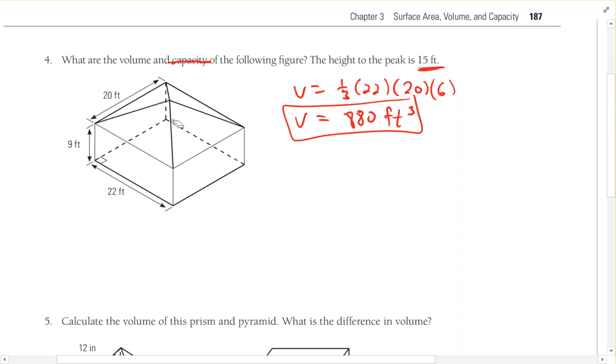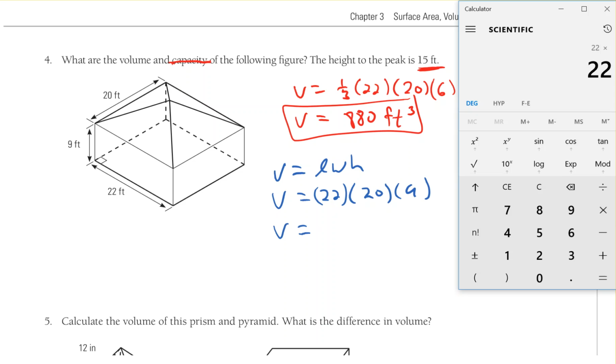Now it's pretty easy. We just got to figure out the volume of the rectangular prism on the bottom. So this part down here, everything below the peak there. We have all the dimensions for that, so we're good for that one. That's just going to be V is equal to length times width times height. So 22 times 20 times 9. So 3,960